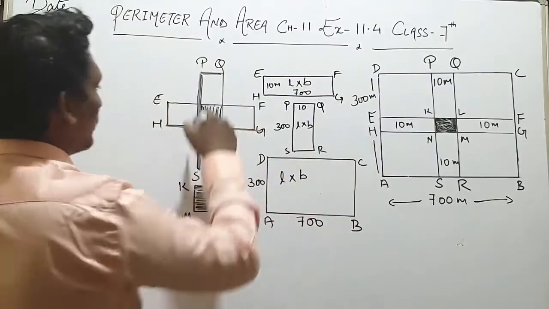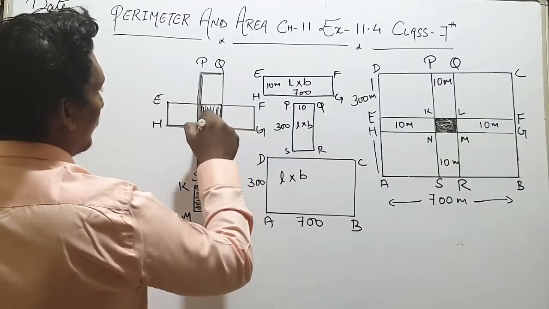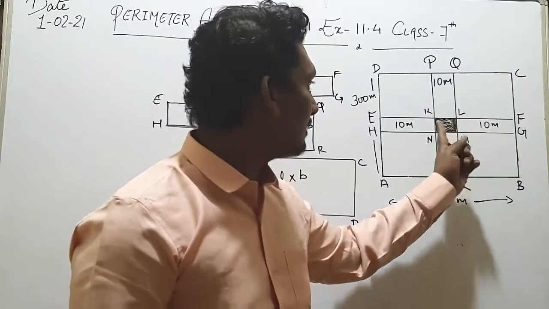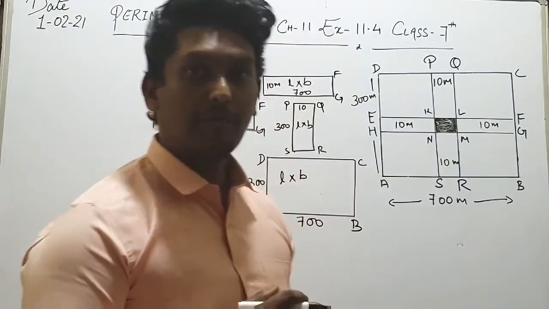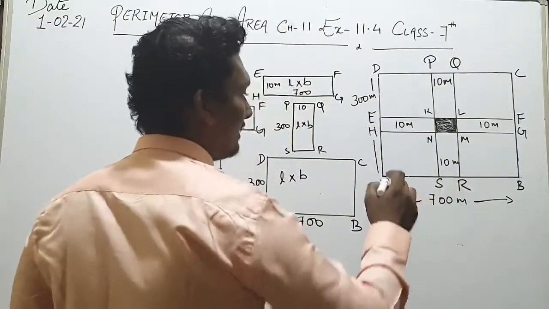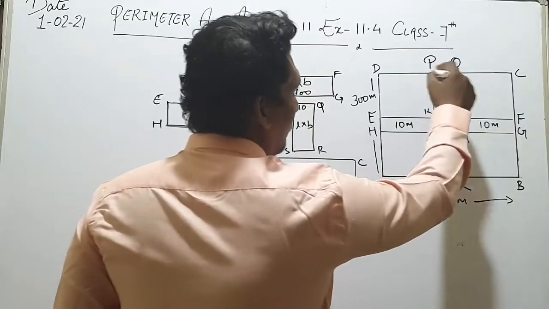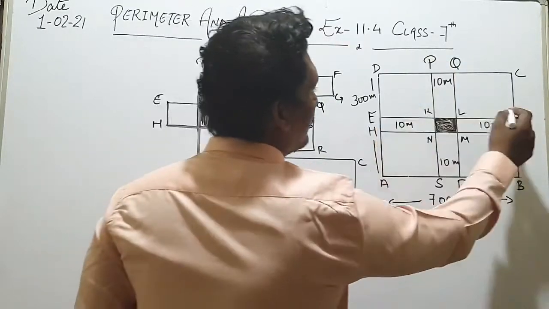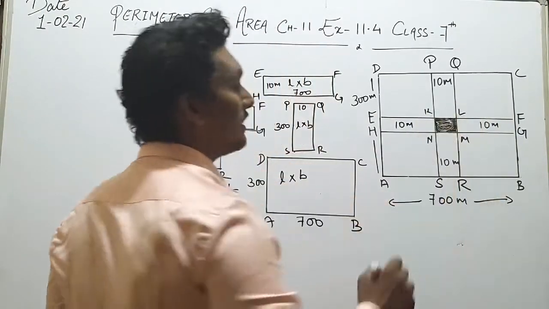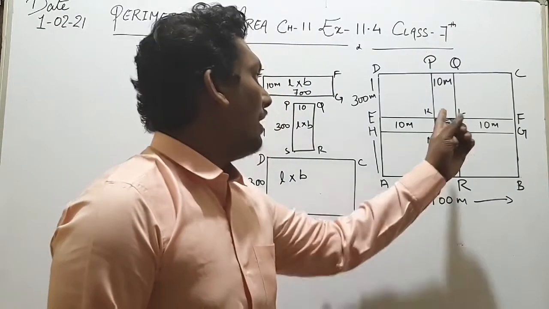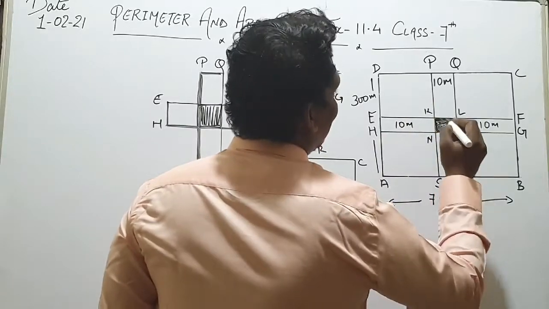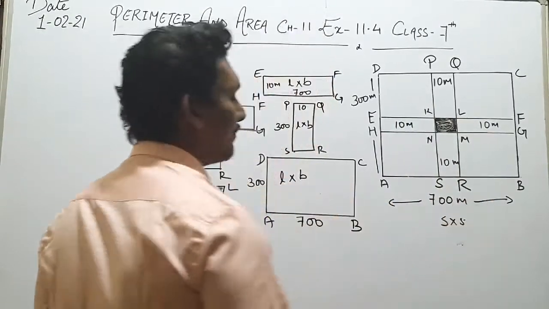And between this crossroad you see one square, KLMN, this is the square portion. So here also we have to find the area of the square. Apart from these three rectangles, ABCD is the first rectangle, PQRS is the second rectangle, EFGH is the third rectangle, we have one more thing, that is KLMN, the square. So we have to find the area of the square, okay. Area of square is side into side, that we have to find out.